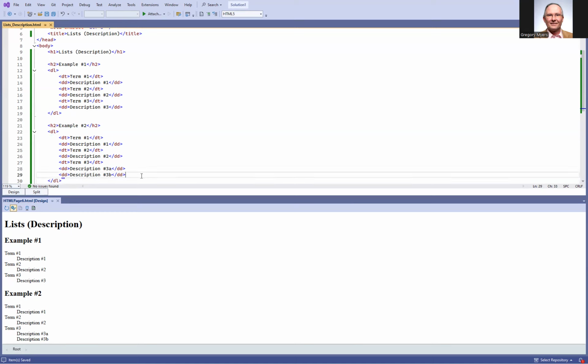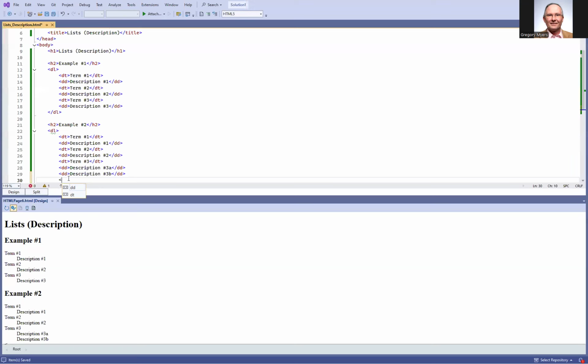Again, just gives you a little more variety. And then what we'd like to do is take a look again under the DL tag. You'll notice that I only have a DD and a DT tag option. However, if I dig into either the DT or the DD tag, so in other words, we're going to come down here, look into the DT tag, you'll see that I again have a ton of options for my